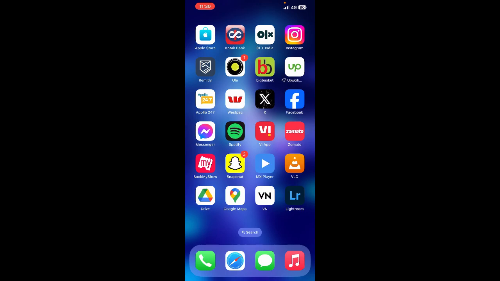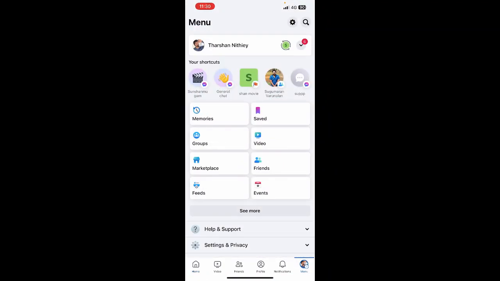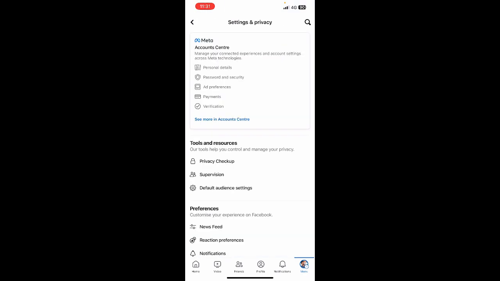So today in this video I'm going to show you how to remove the messenger button on Facebook profile. If you open up your profile, there is actually no direct method or way to remove your messenger button, but there is a trick that you can try in order to achieve this. So if you get to your profile here, go to your account settings,